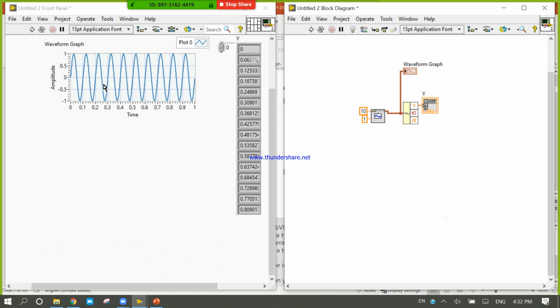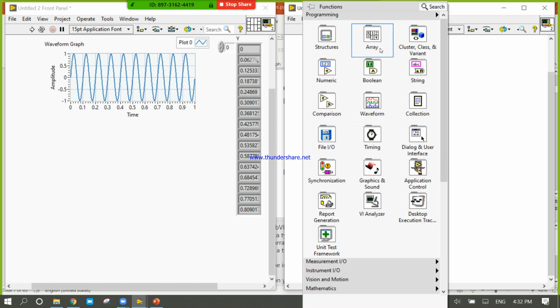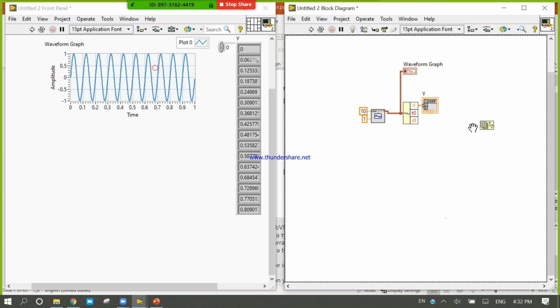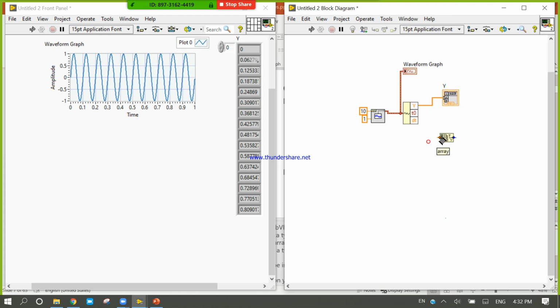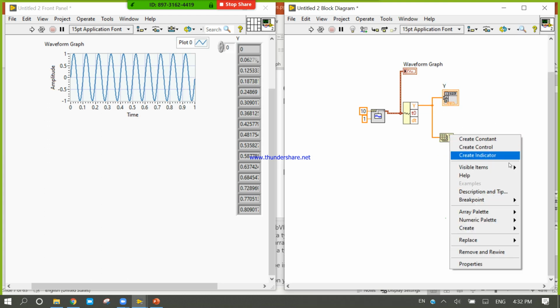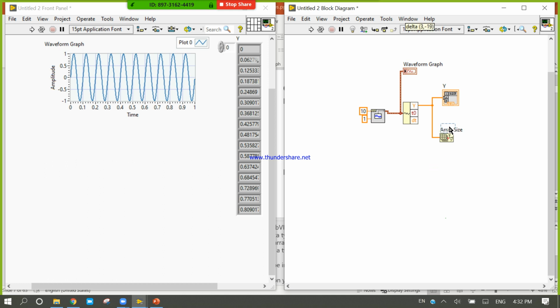How can you know? To know that, right click, come to the array, take array size, place here. It's just like a string size.